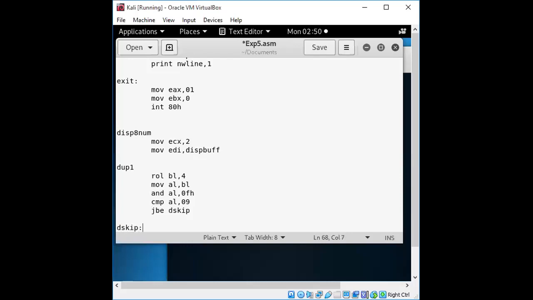Okay, some system call if the number is below that. If the number is below or equal to 9, we'll go to performing the add with 30. If it is not, then you need to get directly to that number. So you need to check whether that number is greater than 9 or not. We'll add for it. If it is not, then we'll add it with 30H for this.